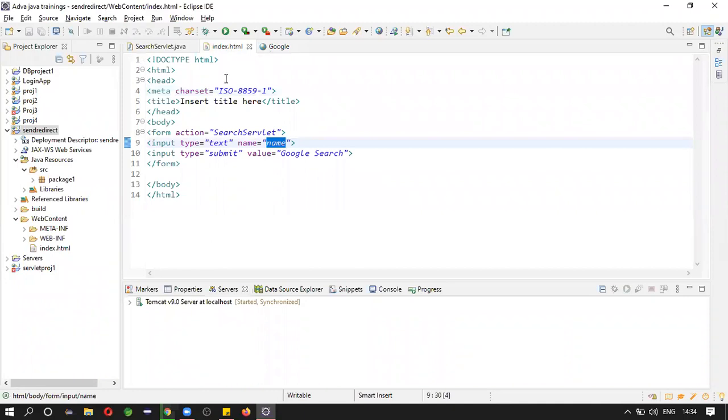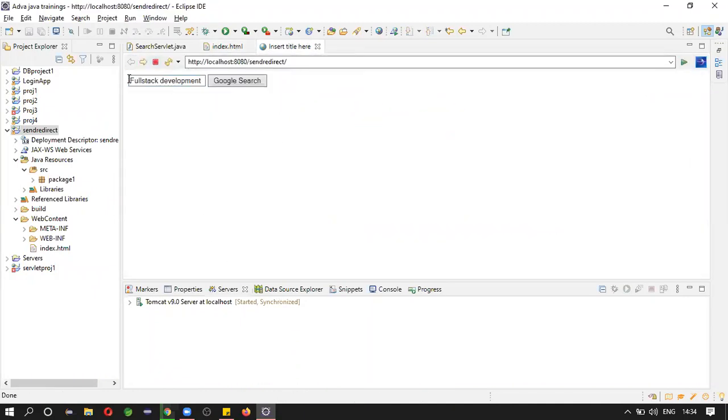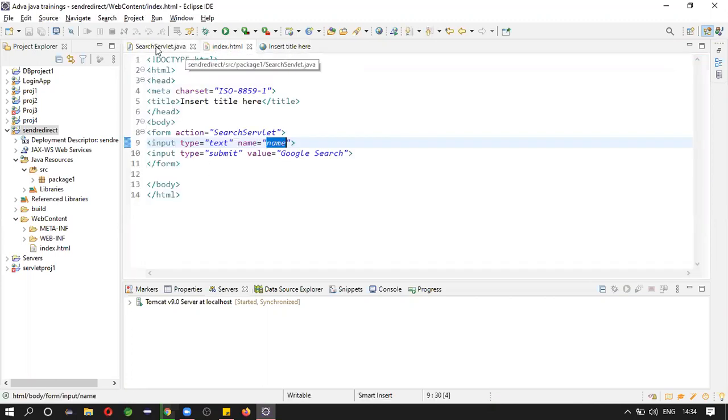What is that value? You need to pass the value that we read here to the Google server. That is what we are going to do in the next step. So let us stop this server.